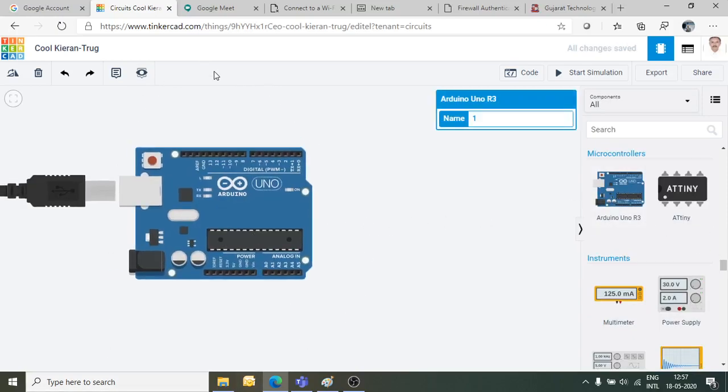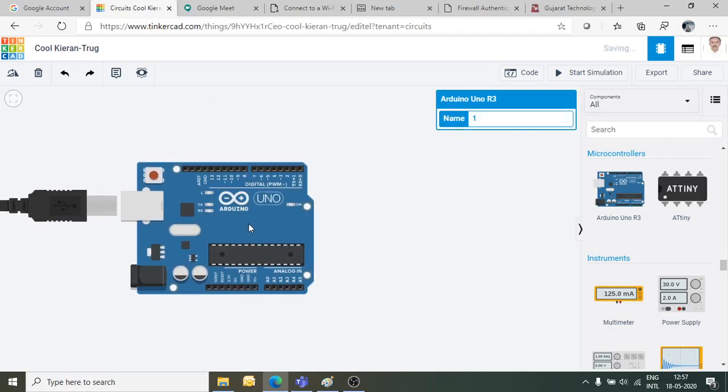You are very much familiar with this board. On this side, in this connector, digital pins are available from D0, D1, D7, D8, D9 up to D13. Then ground. On the bottom side, analog pins are available from A0 to A5. VIN is available. Suppose your board is already programmed and you do not want to give the power supply with the help of a USB connector, you can also connect your input voltage here. Ground, then 5 volt, 3.3 volts. So these are the connections available with us.